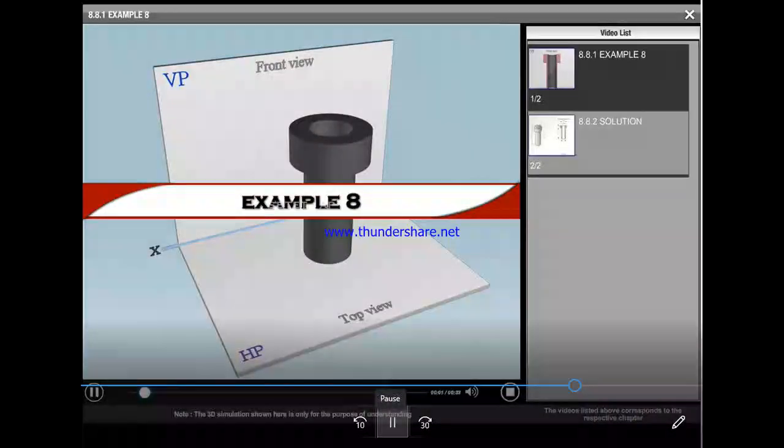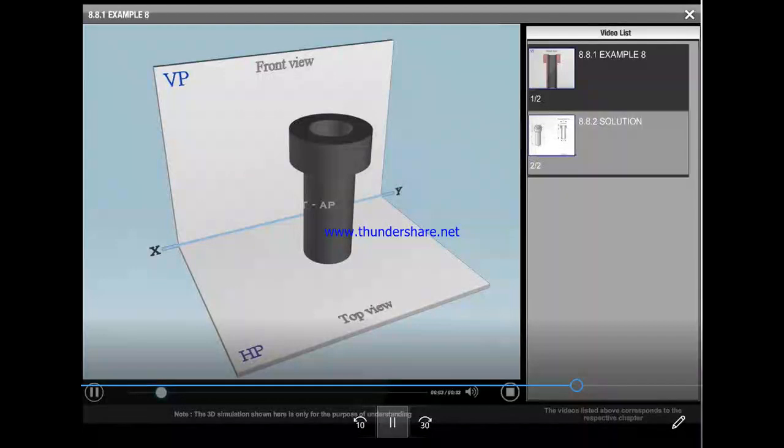Example problem 8. In this problem, the pictorial view of an object is shown and also the location of the cutting plane is indicated.